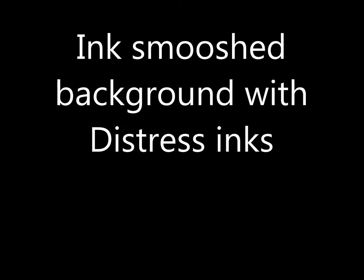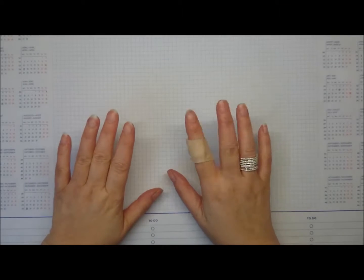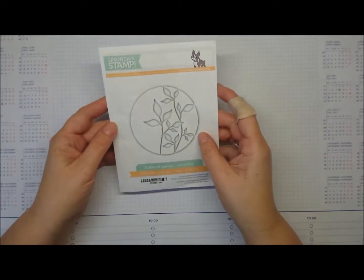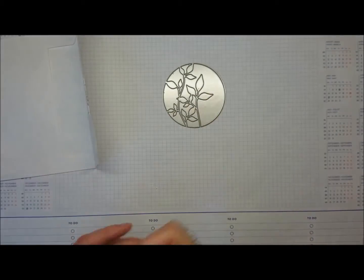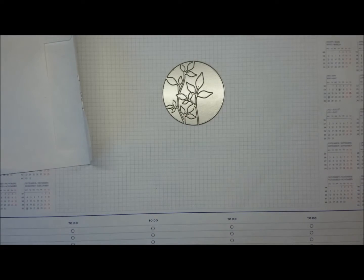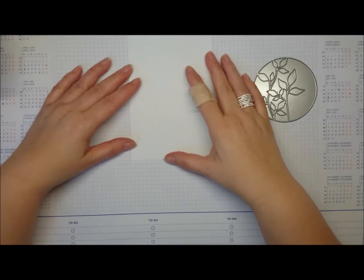Today I'm making an ink smooshed background and I'm using distress inks and some Simon Says Stamp goodies. This is the Circle of Leaves die and the happy birthday sentiment is from Birthday Balloons, also from Simon Says Stamp. So this is a solid die and to get it upright, you might remember my birch tree die from